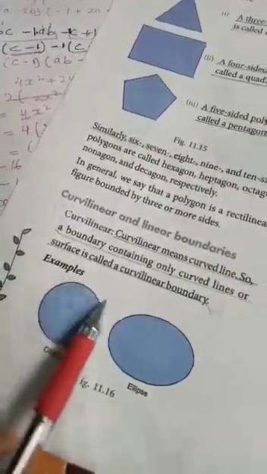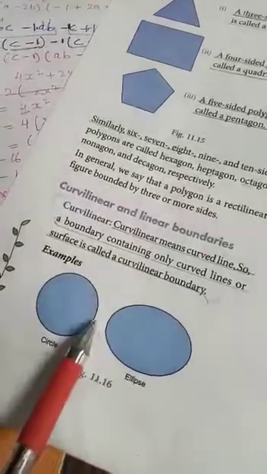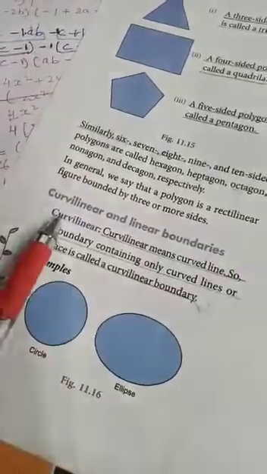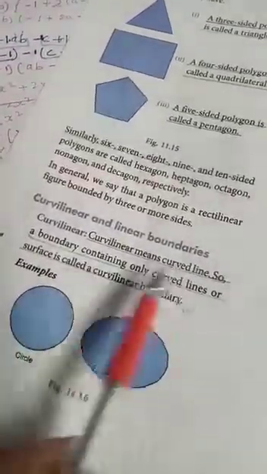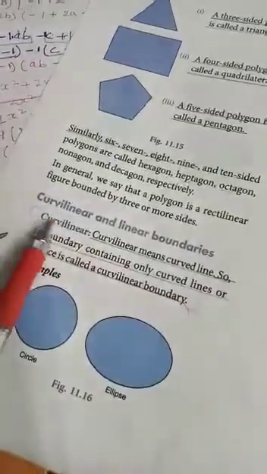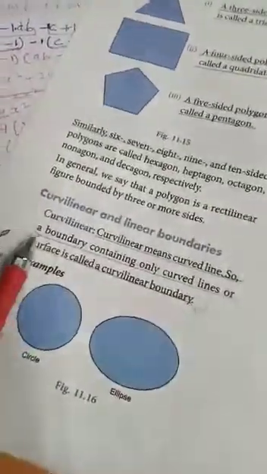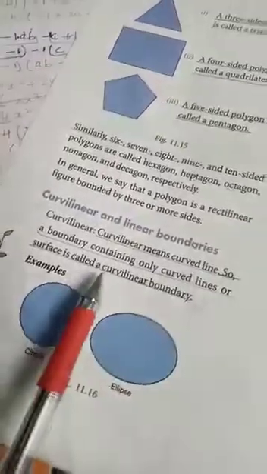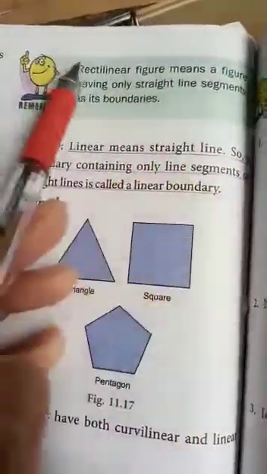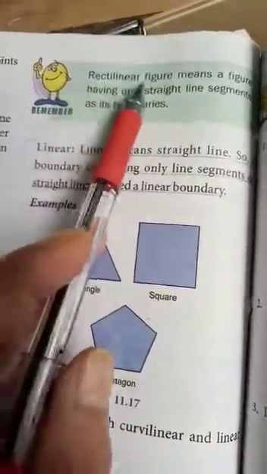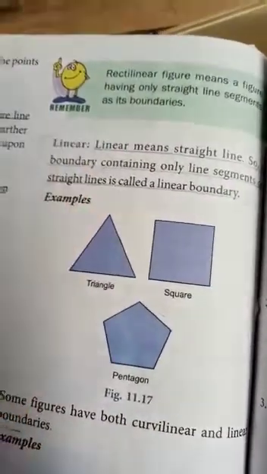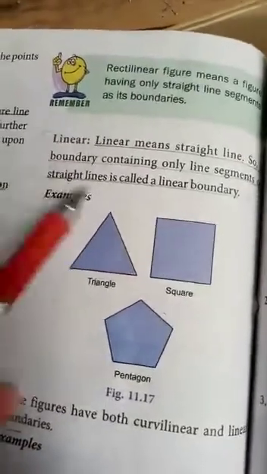Then here you see, if the boundary is curved, this one you better remember the words. Then this one is only for understanding. So see here, if the boundary is made of circle type, those we call curvilinear. Curvilinear means curved line. If their boundary is made with curved lines, that is what we call a curvilinear figure. Then in geometry, rectilinear means a figure having straight lines. So if they have only straight lines, we may call them rectilinear, or we may call them linear. This is for geometrical shapes only.